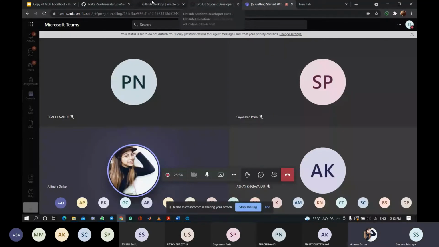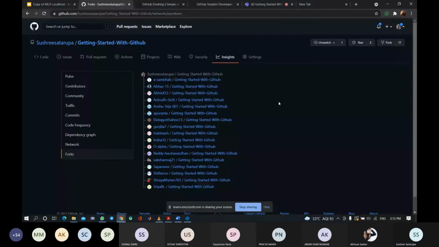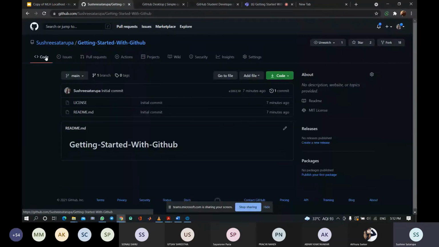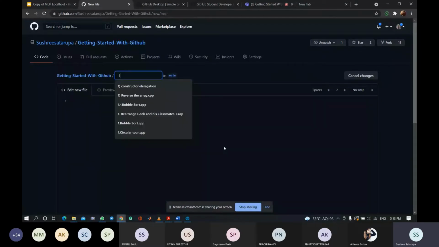Yeah, since many of you have forked the repository, we shall now talk about the commit part. So you have to go to the code section and add a file. All of you name the file with your roll number of your institute.